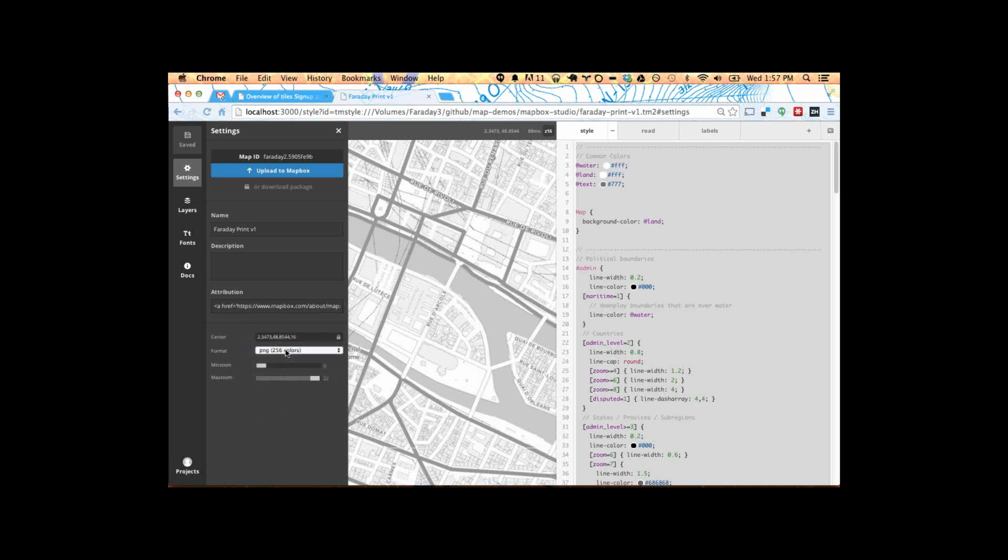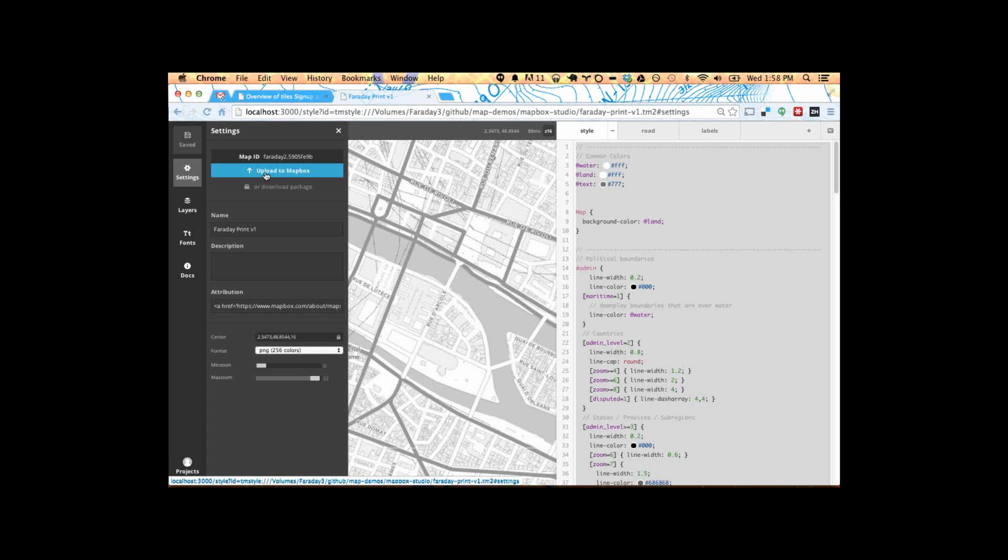Usually the defaults here are fantastic, like 256 PNG is great. If you don't want users to be able to go in further than a particular distance, or if you don't want the map to zoom out further than a particular distance, you would set min zoom and max zoom. And what makes this honestly mind-bogglingly easier than any previous web mapping customization I've ever used is this upload button, where essentially